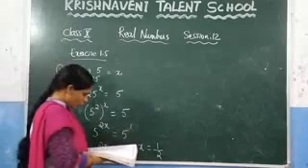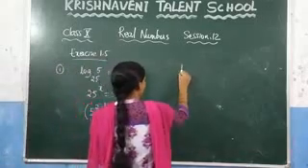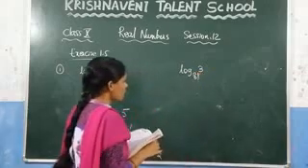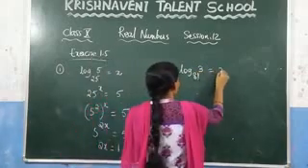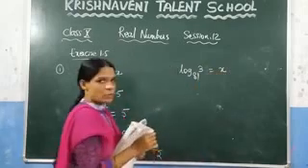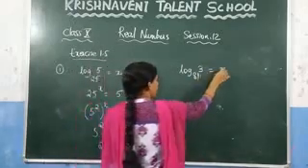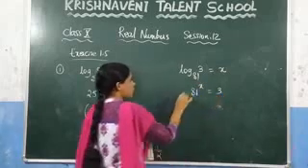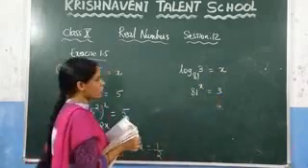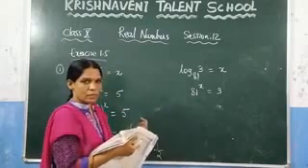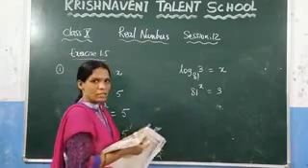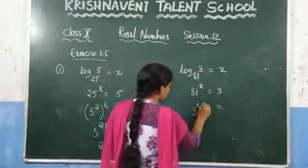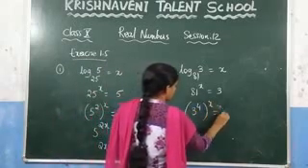Now see the next question, log 3 to the base 81. Let us consider this value as x. Now this one you can write in an exponential form as 81 power x is equal to 3. Now convert this 81 to the base 3. How can we convert this one? You know that 81 is nothing but 3 power 4. 3 into 3 is 9, 9 into 3 is 27, 27 into 3 is 81. So we can write this one as 3 power 4 whole power x is equal to 3.